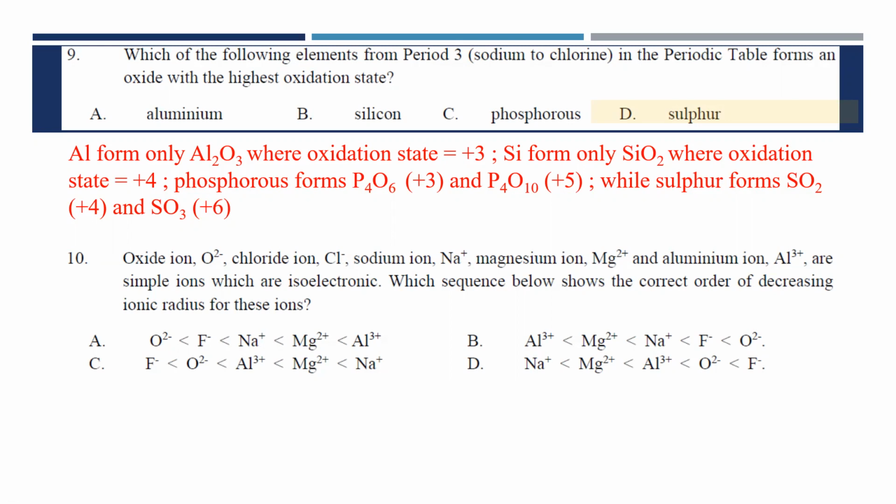Which sequence shows the order of decreasing ionic radius? Decreasing means that it becomes larger and larger. So you have to bear in mind the number of protons, because they are all isoelectronic. So when they are all isoelectronic, the screening effect is the same. So when the screening effect is the same, what will influence the effective nuclear charge? It will be the atomic number, the number of protons. So given to you, oxygen is 8, chlorine is 17, sodium is 11, magnesium is 12, and then aluminium is 13. Okay, so the one which has the